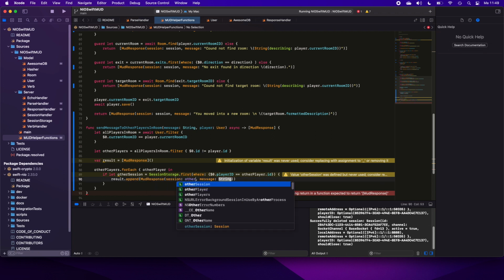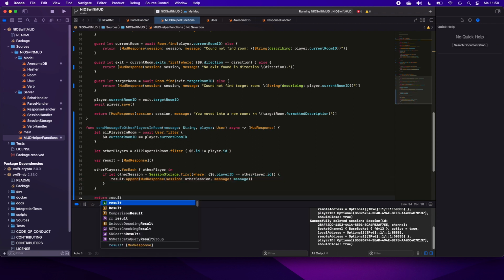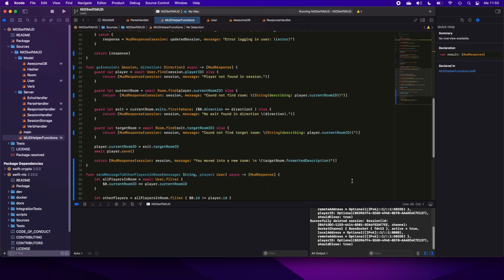We have a session, this will be the other session, and we'll have a message. Let's see, the message came in from this string, so we'll send this message, and then we will return the result. So coming back to this go,